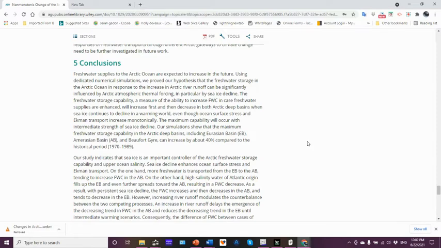What they're saying is, okay, fresh water is accumulating in the Arctic. Precipitation is greater than evaporation. Sea ice is melting. Increased riverine input and contribution. These are all adding fresh water to the Arctic. What they're trying to figure out is what happens to that fresh water. If it stays in the Arctic Ocean, then you're going to have an extreme stratification, a really pronounced stratification that may prohibit mixing